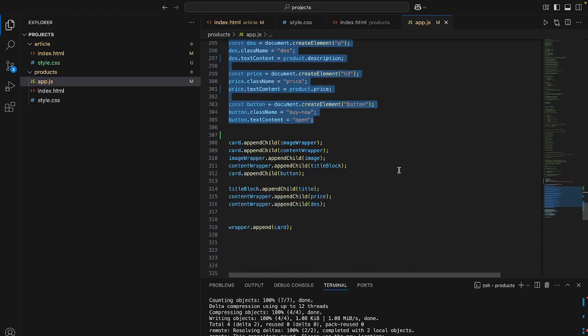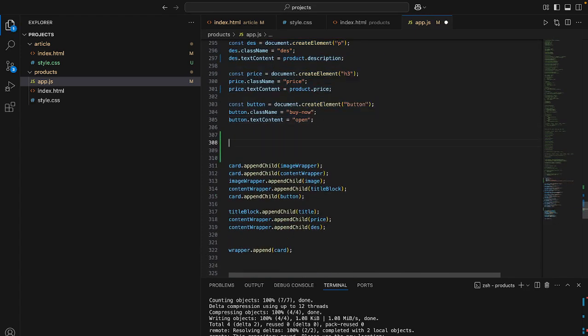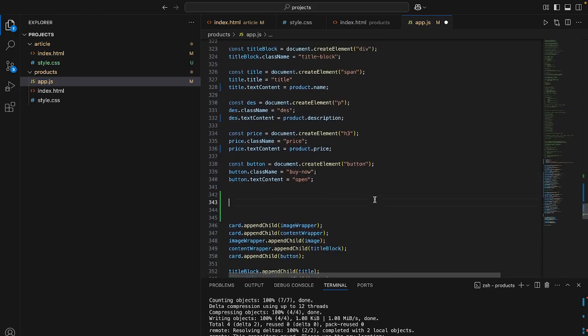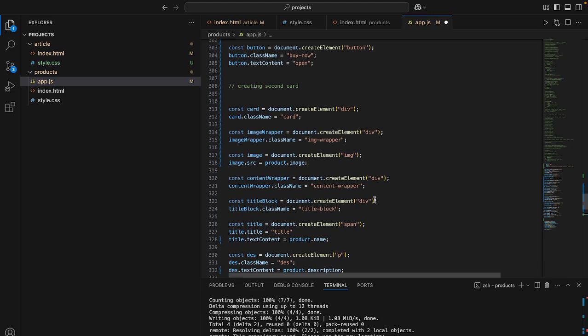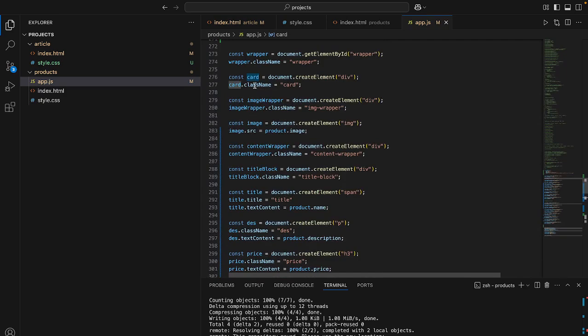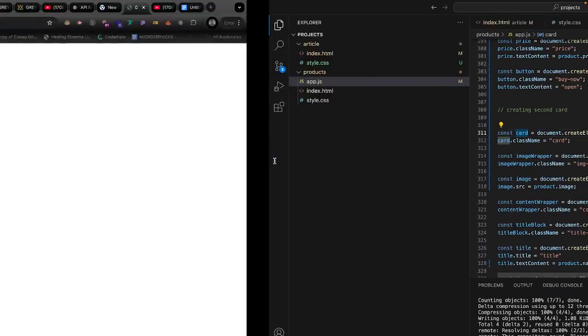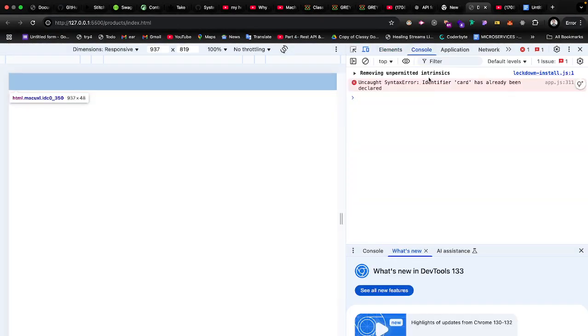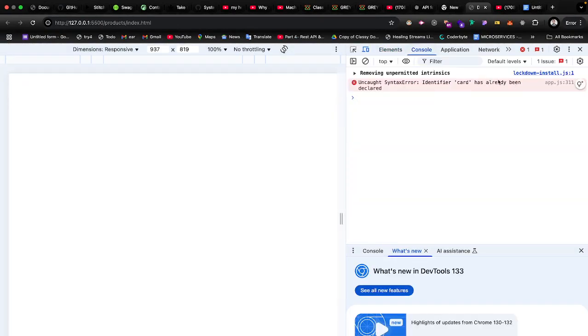Okay, and then come here, enter a new line. Let's make a comment, say creating second card, right? And I'm going to do this. So we now have a second card, but then guess what? We're going to have errors. Why? Because these names have been initialized before, and so it's going to throw an error. You see, it's no more displaying. And when I come to my console log, you see card has already been declared,